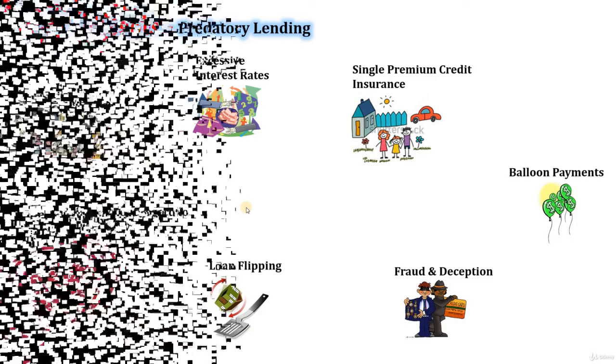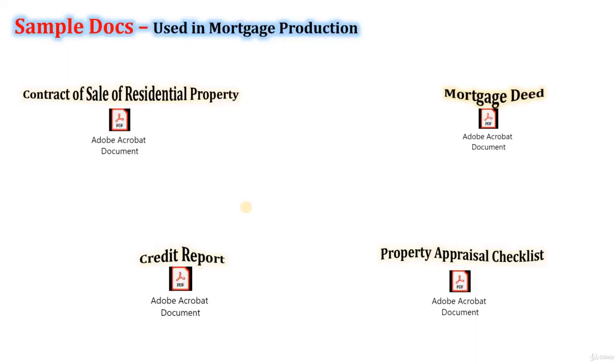As you already know, we discussed several documents and why they are used. You might be wondering how those documents look. So I thought I would add some of those sample documents to the deck so that you will get a ballpark idea of how those mortgage related documents look. These documents might be slightly outdated as the US federal government makes changes to those documents based on market conditions. So please feel free to open these documents and go through them. That will give you a basic idea of the content of those documents when it comes to loan production.